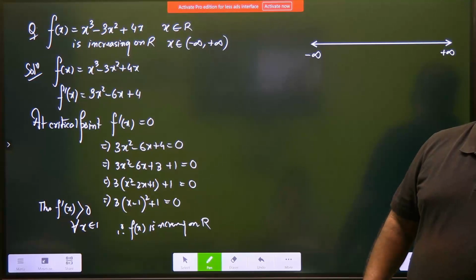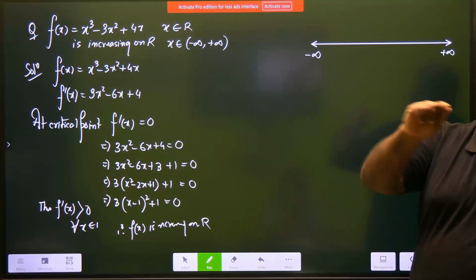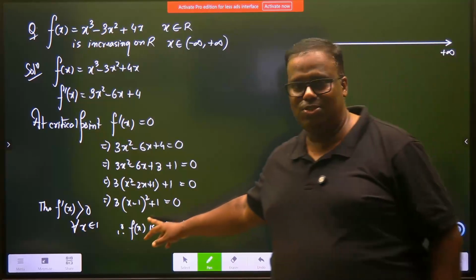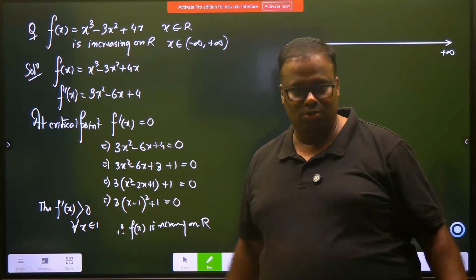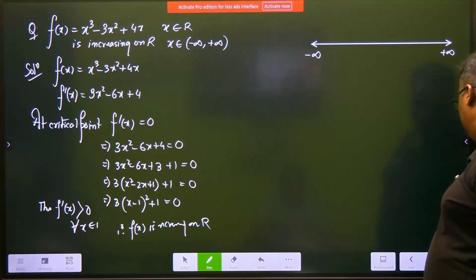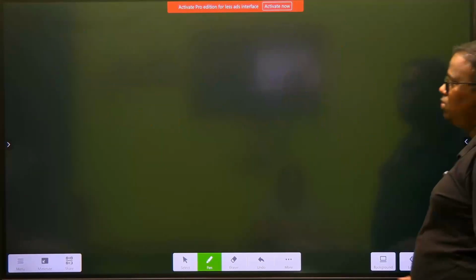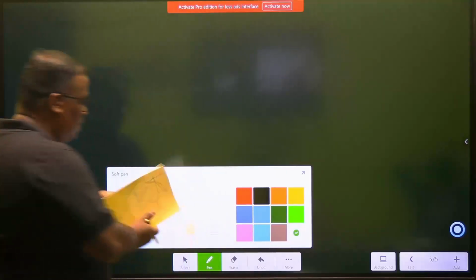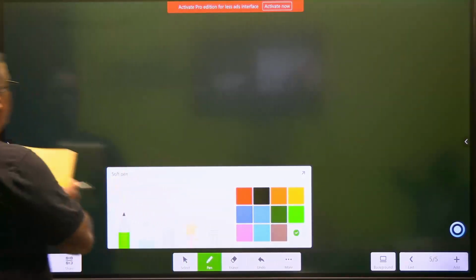Every time I won't get like this. So now we are going to enter that zone where you neither know the graph trend nor you will get such sort of a one-of-a-kind solution, right? So here now we have to go by zone analysis. So let's start. And this is the interesting part of the chapter. Let's do. So it says, I have a function